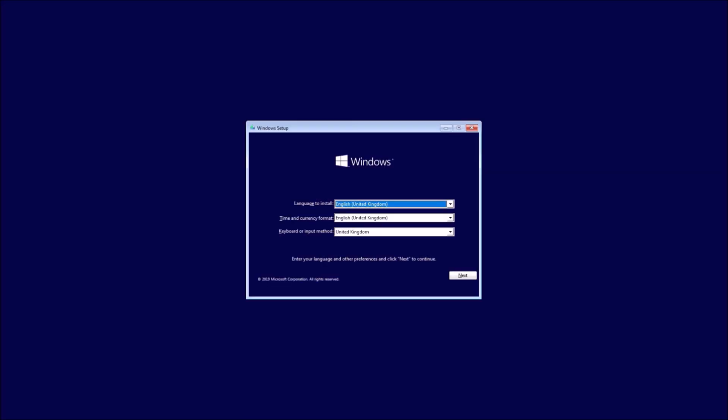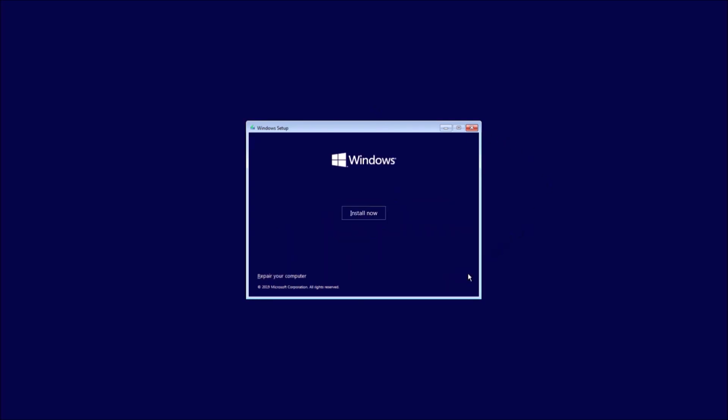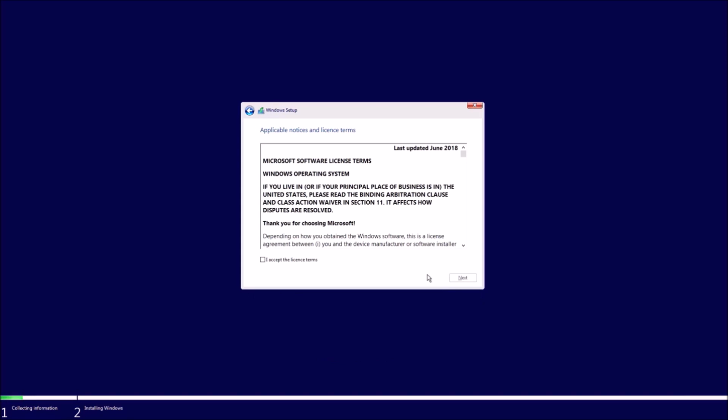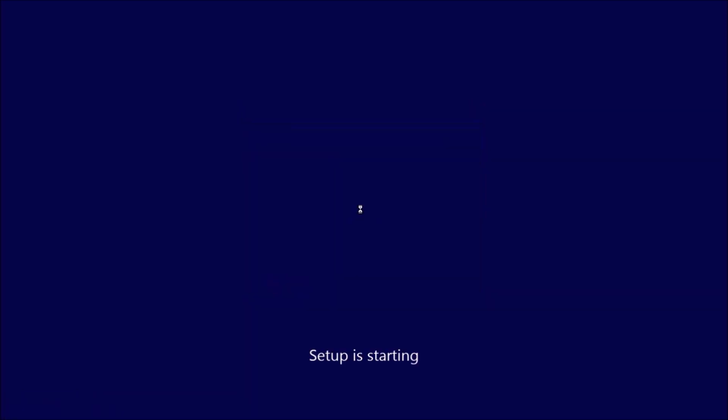want to upgrade to Windows 10 Pro, if they go ahead and clean install Windows 10 again, it will automatically input the Windows 10 Home product key and they will no longer have Windows 10 Pro. So basically what happens during installation is when you select Install Now, it searches for the product key embedded in the UEFI BIOS and takes you straight to the license agreement screen, and you have no option to select your